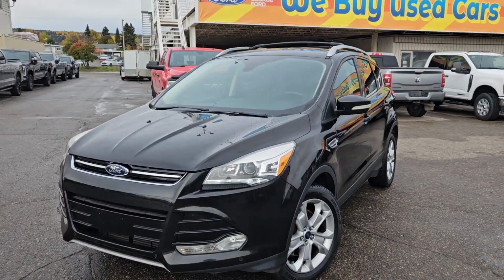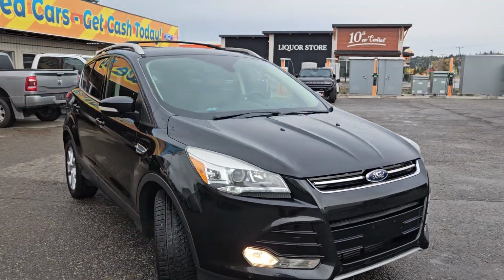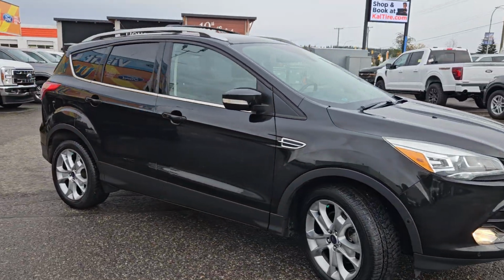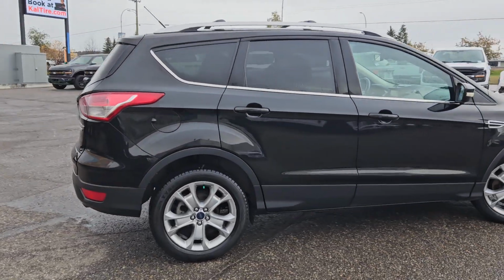Hello, this is Emily coming at you from Prince George Ford, and today we are looking at the 2015 Ford Escape Titanium. Coming in this nice black coloring, this vehicle is powered by a 2-liter EcoBoost engine, has 4-wheel drive capabilities,